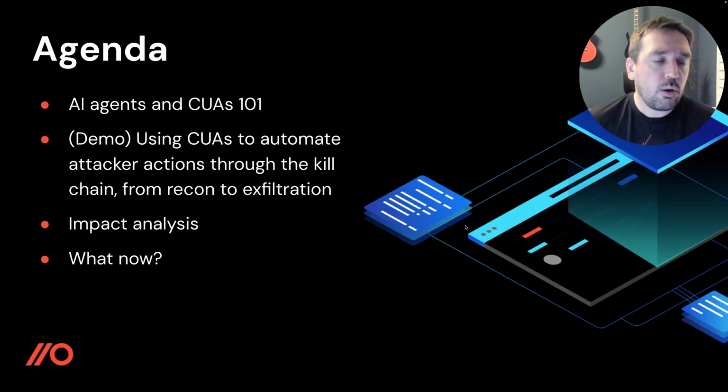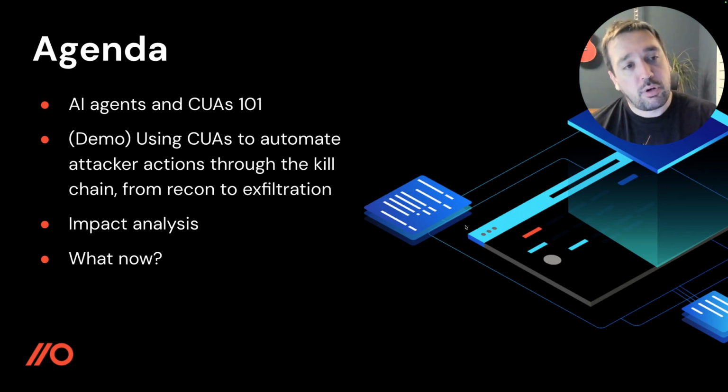So what are we going to look at in terms of an agenda here today? First of all, why are we even covering this topic? Push Security, we're focused purely on stopping identity attacks. That's everything we do as a company, the whole focus of our product. So for me in R&D, I'm always looking into emerging identity attacks. When computer using agents came out, my thought was, okay, how is this going to impact identity attacks? And I could see a lot of potential for automation there that could have a big impact. So that's the reason for it.